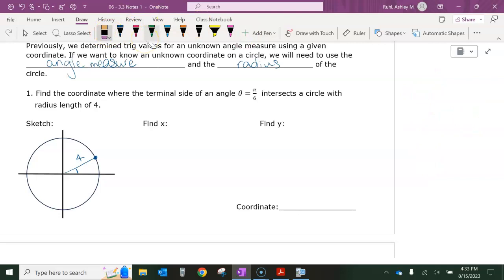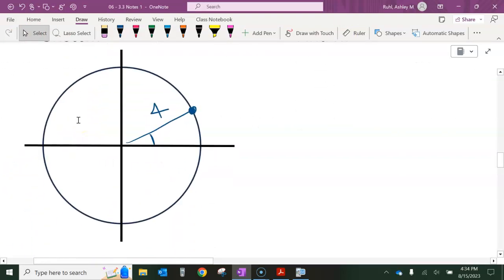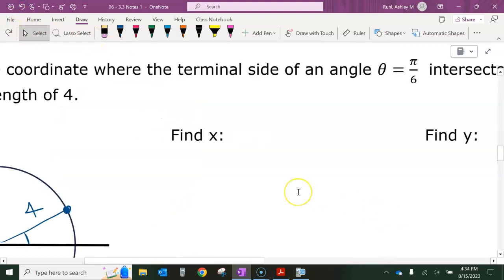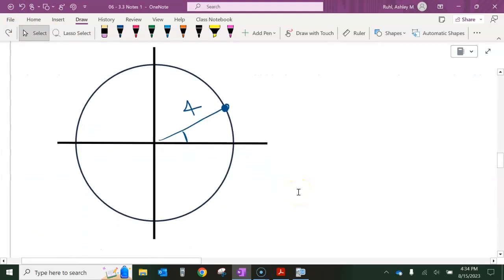So that coordinate point that I have of square root 3 over 2 and 1/2 is giving me a radius of 1, a hypotenuse of 1. Now I have a hypotenuse of 4. So visually, I'm just going to do this a little bit of the long way, but it explains why we have what we have. If I was to drop an altitude from that point to intersect my x-axis and create the triangle that I have here,